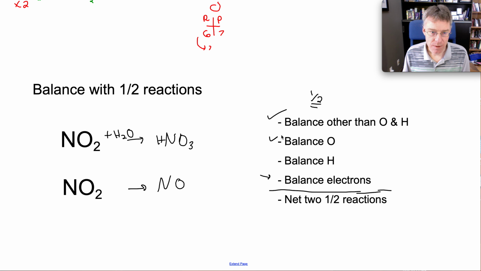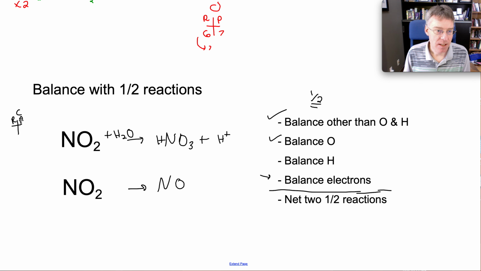Then we balance H with H+. So we have two H's in the water compared to just one on the product side. So we need another H, and this is unique balancing. You never did this before this unit, but we're going to add H+ to balance this. Last, we have to do the electron exchange. We have to balance the charges with electrons. So if we think of our charges,